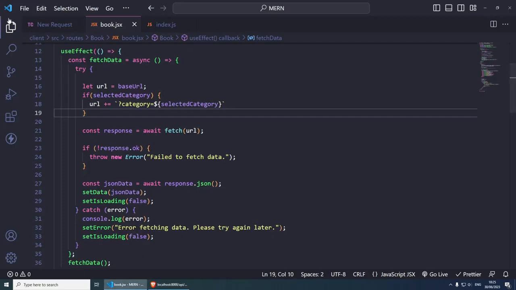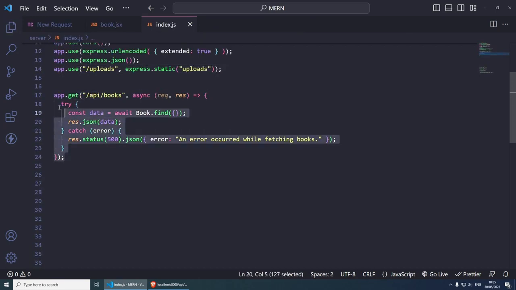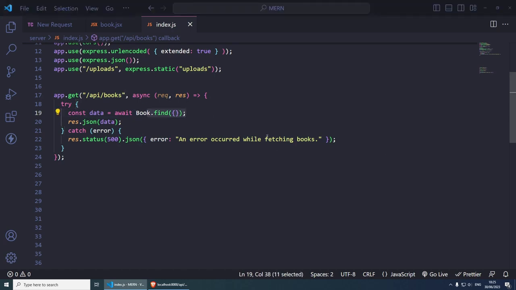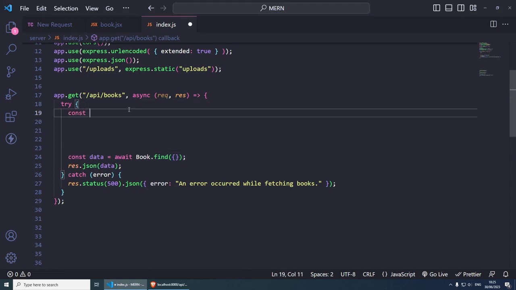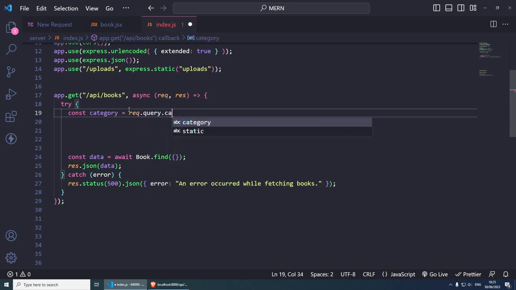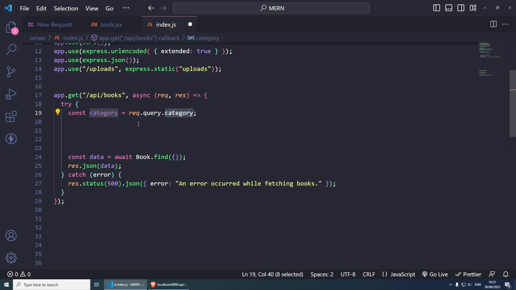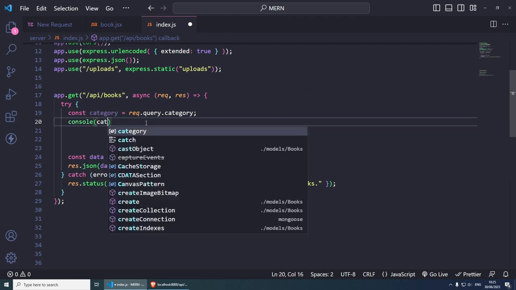So if you go back super quickly, and then if we go back to the server index and find the API books router, inside here is where we need to grab the parameters from the URL and do the query. So in order to grab the query, we can go here on the tribe and we can do const category equals, and then we can do request dot query and then dot category like so, and we will be able to capture the category from the URL. We can also console log this if you wish to. So category,